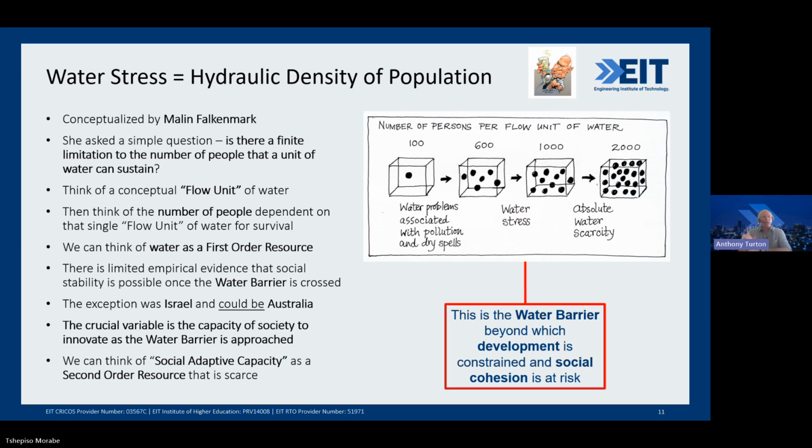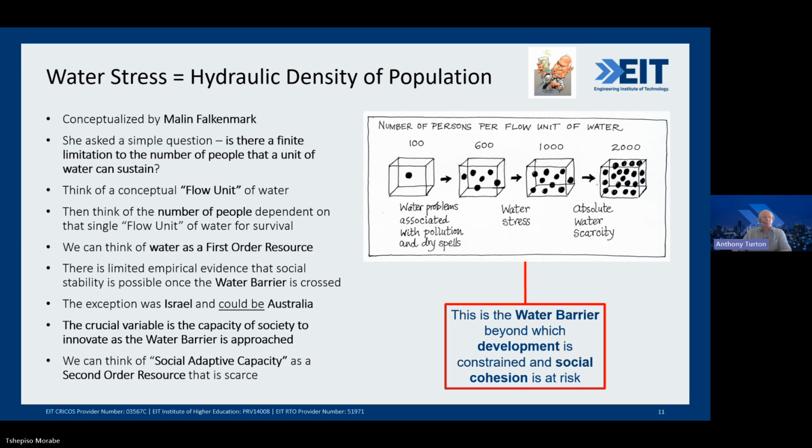It can be done, and the empirical example for that is, in fact, the state of Israel, believe it or not, where they've long ago approached the water barrier, and they are capable of surviving beyond that because of their technology, because of their reuse of water, because of the way they think about water. So the exception could be, well, it is currently Israel, but it could also be Australia,